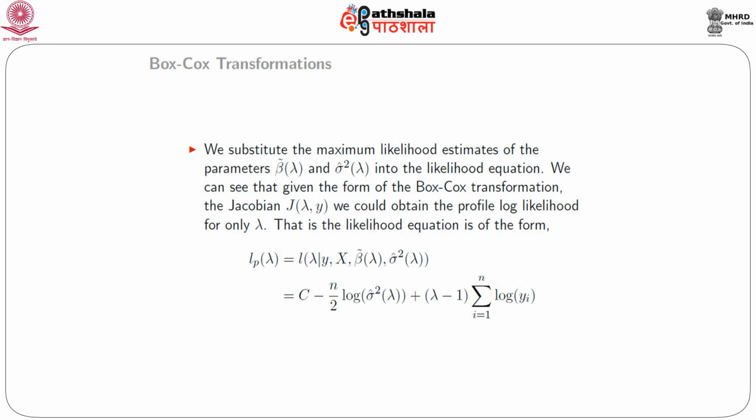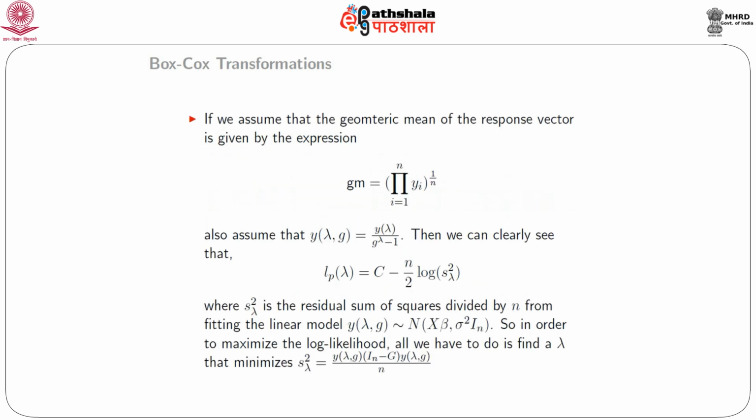Then the log likelihood equation is of the form C minus n divided by 2 times log sigma hat square lambda plus (lambda minus 1) times the summation i equals 1 to n of log yi, where C is a constant. If we assume that the geometric mean of the response vector is given by the product i equals 1 to n of yi whole raised to the power of 1 over n, and we also assume that y lambda g equals y lambda divided by g raised to the power of lambda minus 1, then we